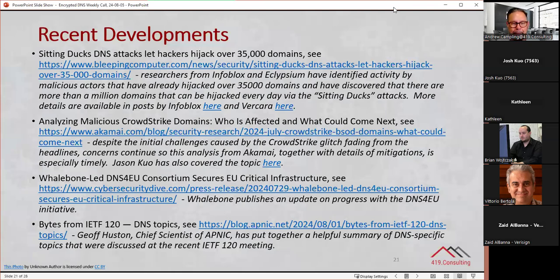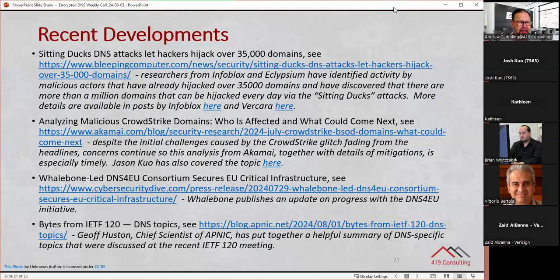I know if John Tobler is on the call, he would rightly remind me that Quad9 is now based in Switzerland as another European one, but I think DNS4EU will be the only large scale one based within the EU specifically.